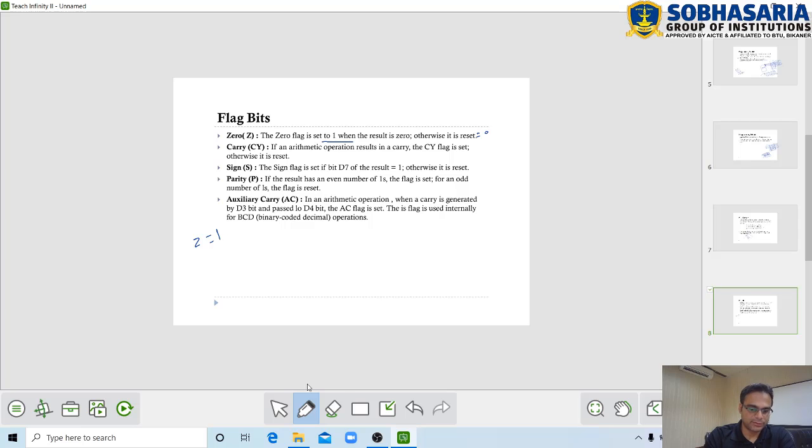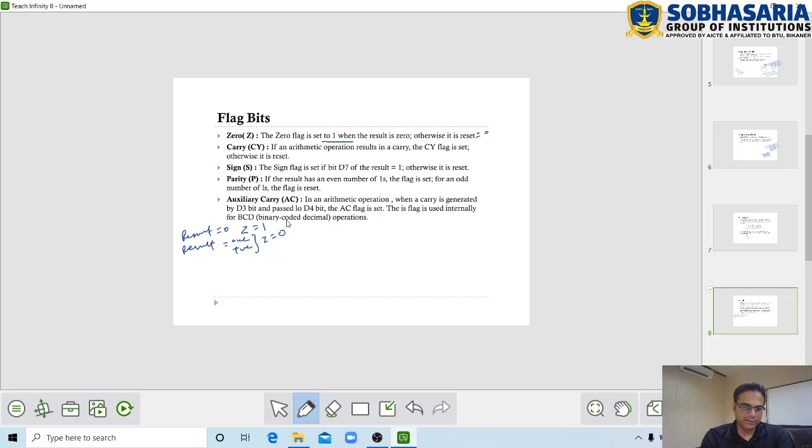So if the result is 0, then the zero flag becomes 1 automatically, and if the result is some other value, maybe a negative value or maybe a positive value, in both cases the zero flag will become 0.